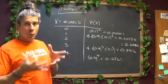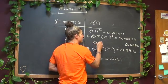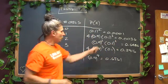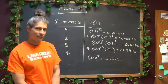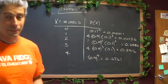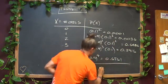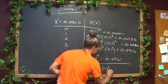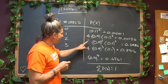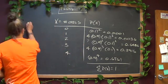The question again is, how would you be able to get that one? I'm going to leave this as an open question for you. We can talk about it in class, of course. We know this has to be what the nines and the ones have to look like. I want you to think about what that number has to be there. We'll talk about it in class, and that and many, many more. But since we have this, we know what this has to sum to. I will ask you this if you're interested. Think about what that question mark has to be, and then ask yourself, if you have 4 birds, which happen